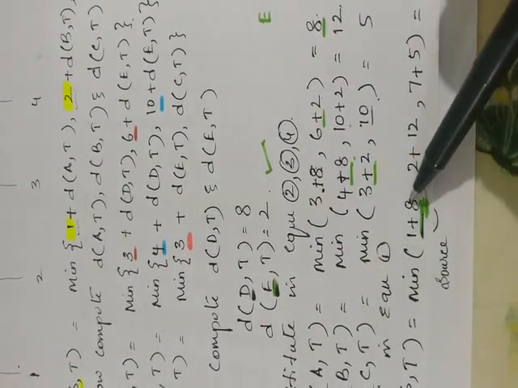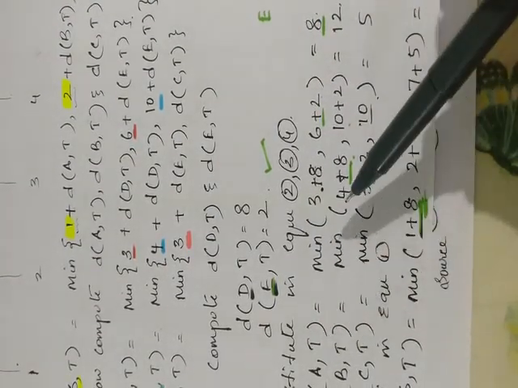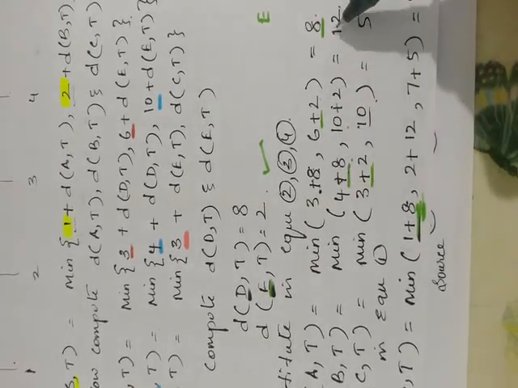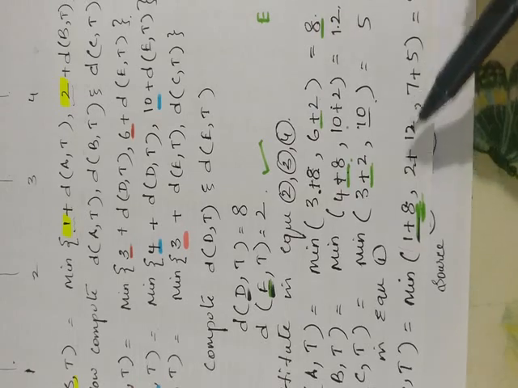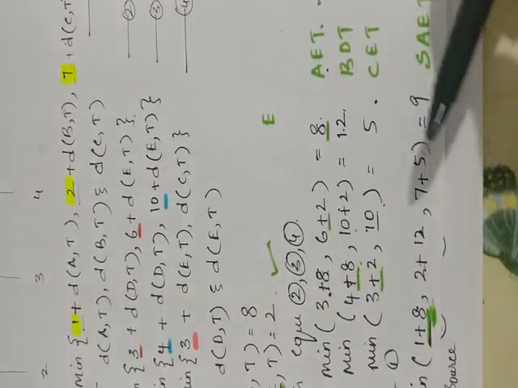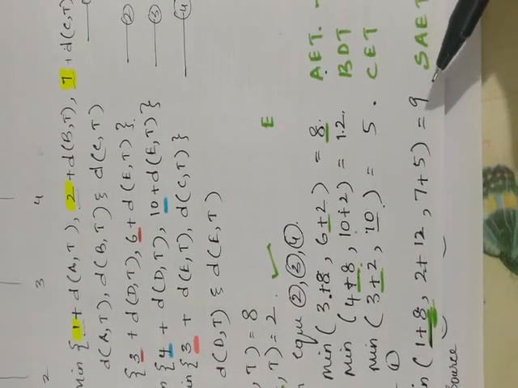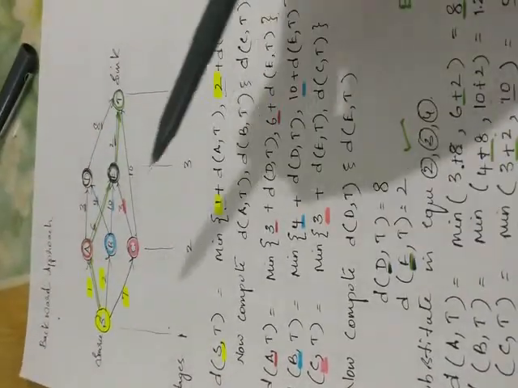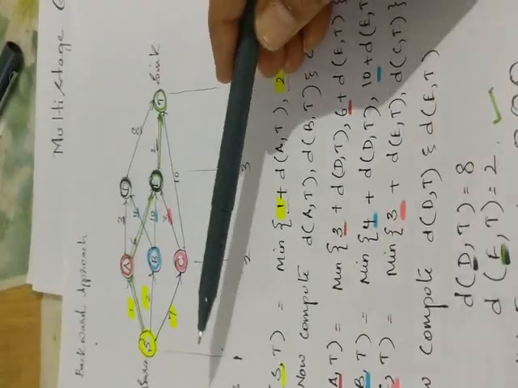For B to T, what was the minimum value, this or this? So it was this one. So you got it as 12. So 2 plus 12. And then in the third one we got it as 5. So what is the value here? 7. 7 plus 5. So you are getting it as 9. That will be SAET. So you have got the distance from the source to the sink as